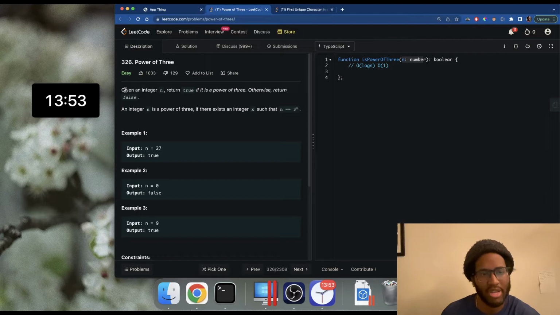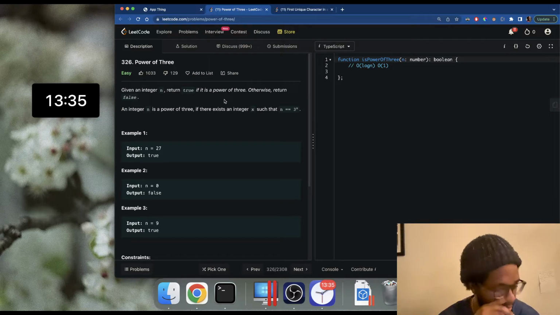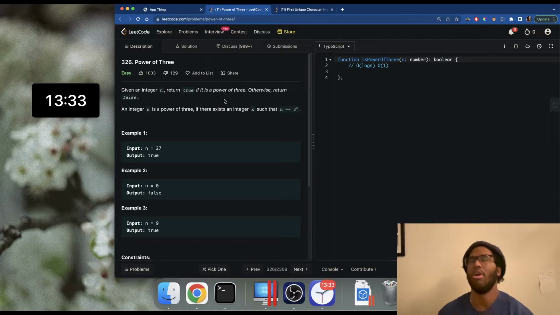Okay, so given an integer n, which is passed into the function, return true if it is a power of 3. Otherwise, return false. So we know a number is a power of 3 if there exists a number x such that 3 to the x equals n. So what we're really doing is we're searching. Our search space is actually going to be,